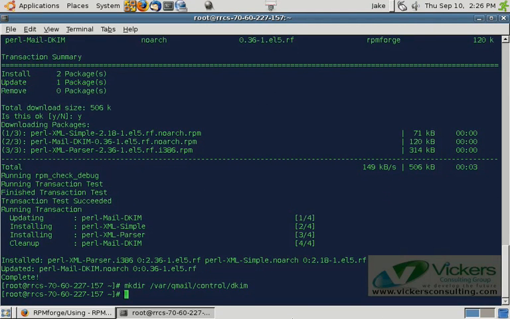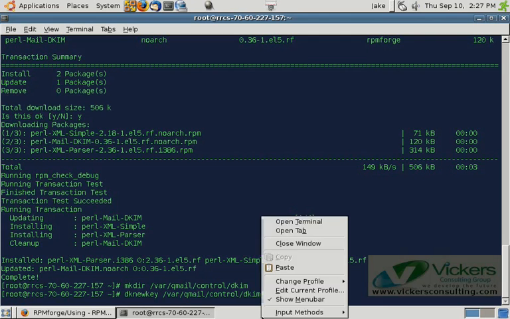Because we're going to create the DKIM signatures to go in there. This is going to be our DKIM configuration directory. And now let's go ahead and generate our key. This command is actually included with the Perl Mail DKIM package. So we're going to do dk new key /var/qmail/control/DKIM/global.key, because we're going to assign all of our domains on this server globally, greater than, or pipe it into,